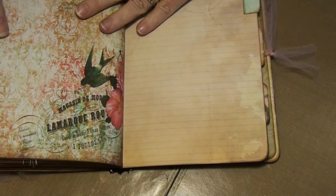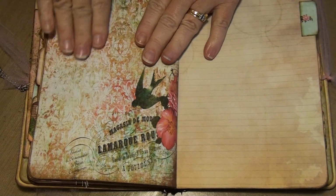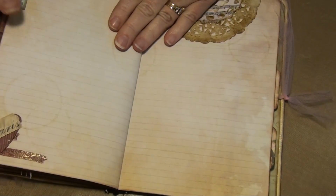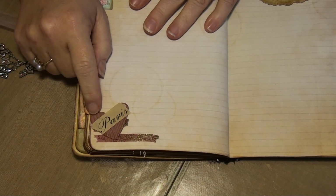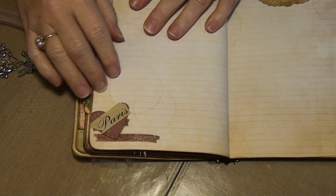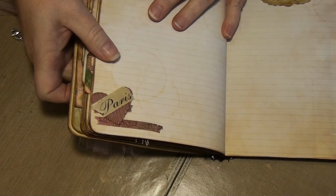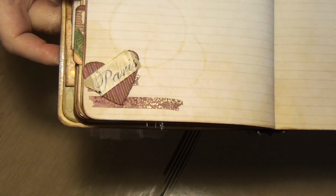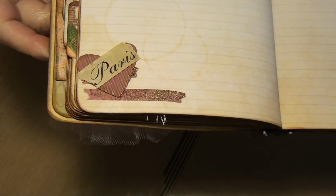And what else? Okay, so this is not part of the kit. I just like this paper, so I stuck that in there too. I had this cut out already and painted up with pink paint. I don't know if it shows, but whoops, sorry, you're upside down now. I banged my, there it is. Okay, so I don't know if you can see it, but there is